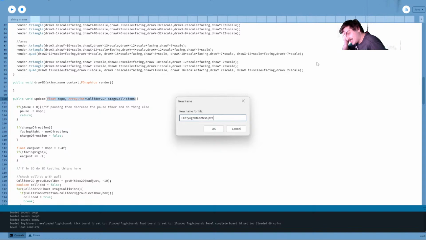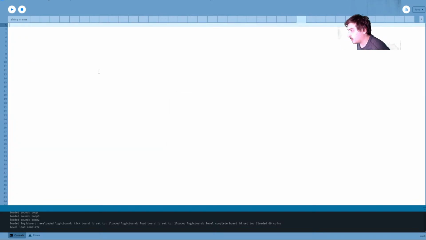I don't know why I have this distinction, but there are entities that exist, and then there are stage entities. Apparently there could be some other type of entity, because players are not stage entities. Specifically, stage entities are able to be placed in a stage and have the logic attached to them for saving them, versus regular entities, because the player doesn't need to be saved, basically. As far as I know, that's really the only difference, though. Alright, so now where's my mouse? There it is. Okay. Then we'll say public class.